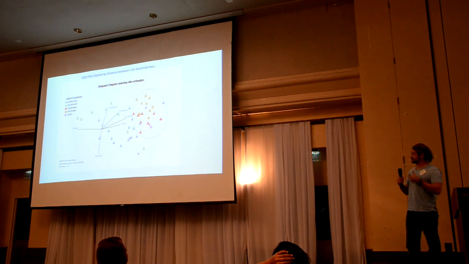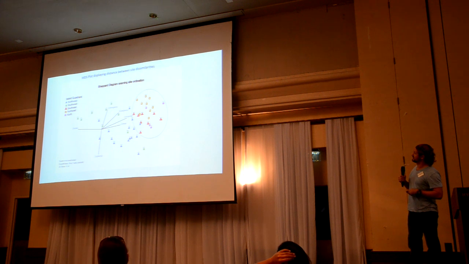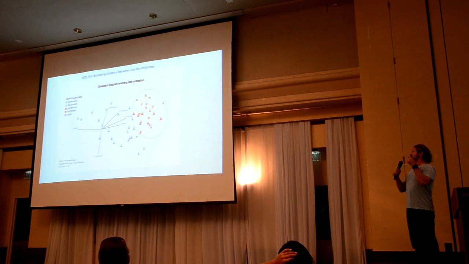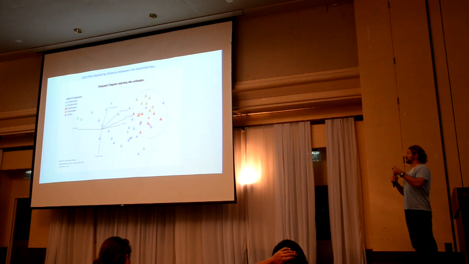Okay, so we're going to look at a Shepard diagram, 1D, and the MDS displaying dissimilarities across the sites. Here we have a basic ordination of several of the genera that